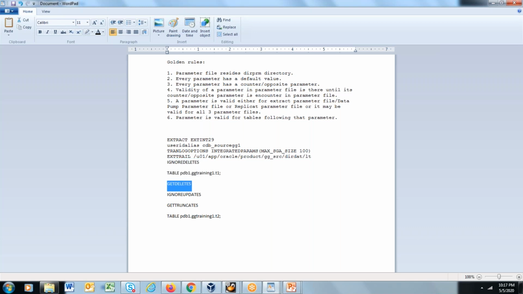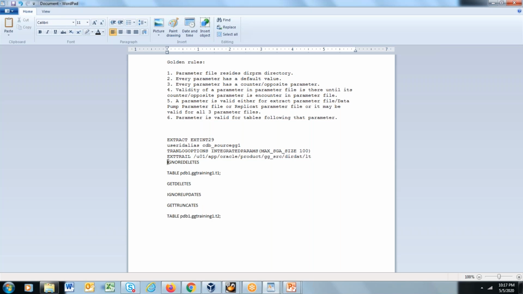From this point onwards in this parameter file, get deletes takes precedence, and it will be valid until its counter parameter ignore deletes is encountered.